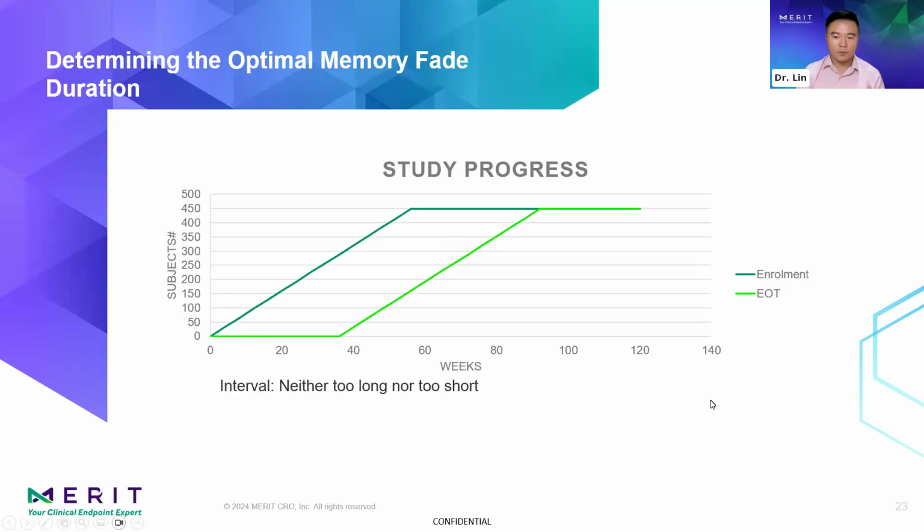The duration of the memory fade interval we've just mentioned for variability read needs to balance the effectiveness of fade with the practicality of implementation. Theoretically, a longer memory fade duration would be ideal. However, this interval cannot be extended indefinitely. Clinical trials have a finite life cycle, and the time allowed for IRC review in a phase 3 trial typically can span 2 or 3 years. It's impractical to extend the memory fade duration to such an extent.